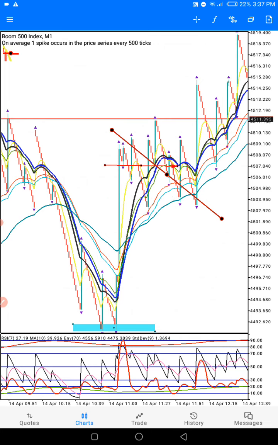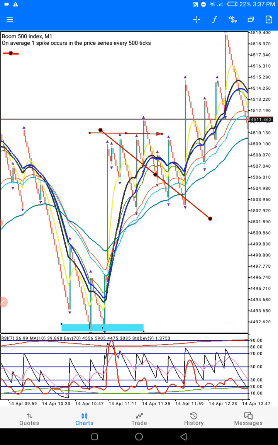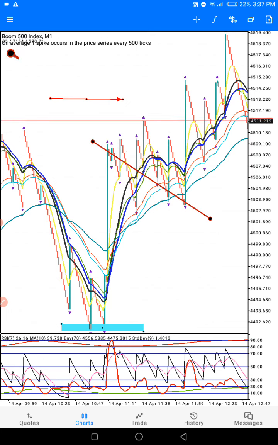Then we get the spike. We get the spike. This is what? The second spike. This is the first spike, the second one, the third one. Now it's going to change. So get this other spike. Now what do you do? Look at my trend line. We come like this. You shift it a bit from the second spike on the upward movement to the first one where the trend begins, where the spike began. You take it down,